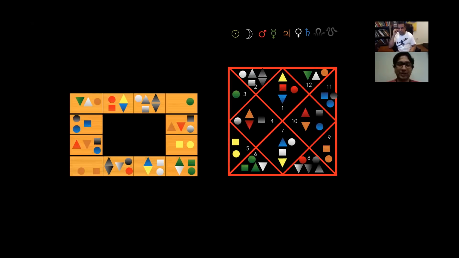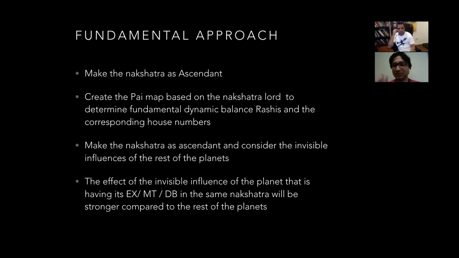So now that's the other thing. When you make the pi map, you use the nakshatra lord to make the pi map influence, right? So that's the first level which you have to understand. Like how for Anuradha nakshatra, we made the pi map of Saturn. We identified the house numbers for Saturn, and then we were able to give the descriptions based on that. In spite of that, those influences will be the main story of the nakshatra lord. So pi Paddathi level 1 is still relevant, but here I'm taking it to the next level, understanding the nakshatra in a deeper sense